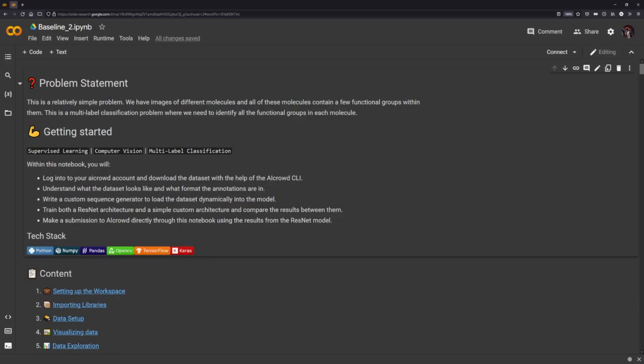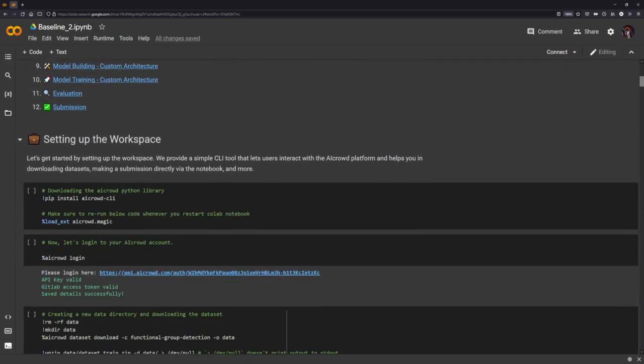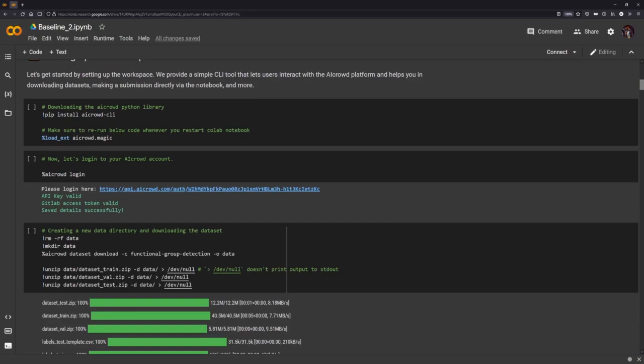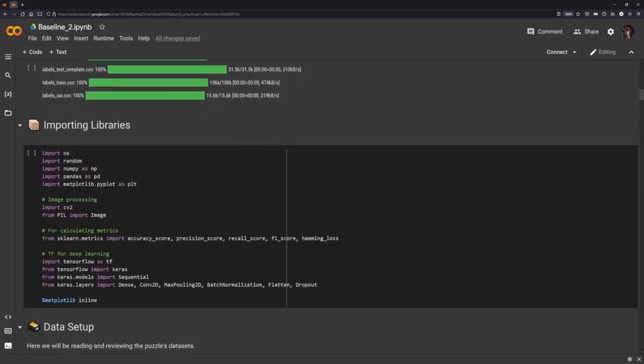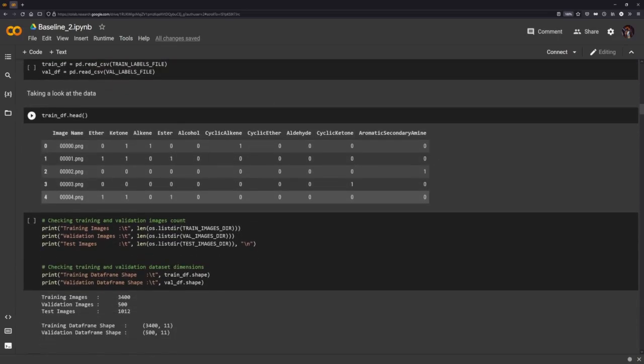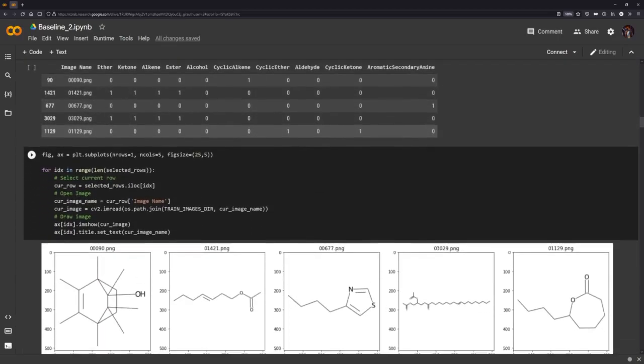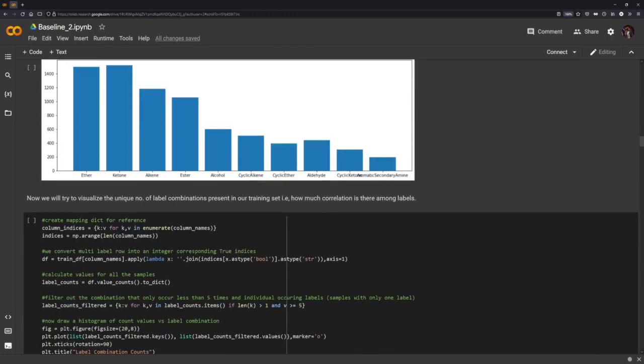I will be skimming through most of the initial setup part of the code because that remains the exact same as what we saw earlier in the previous notebook. We will still be using the aircraft CLI to log in, set up the data sets, and make a submission from this notebook. And after exploring the data set a little bit, we will proceed to visualize it,